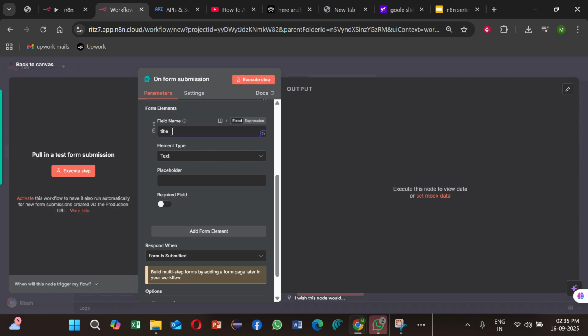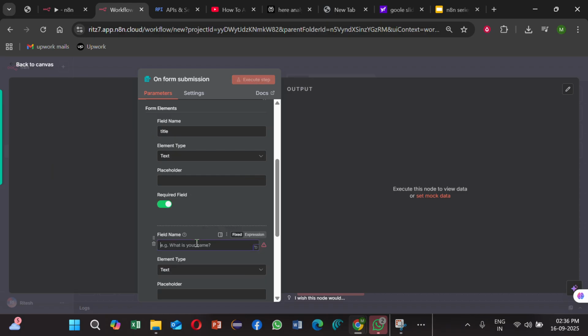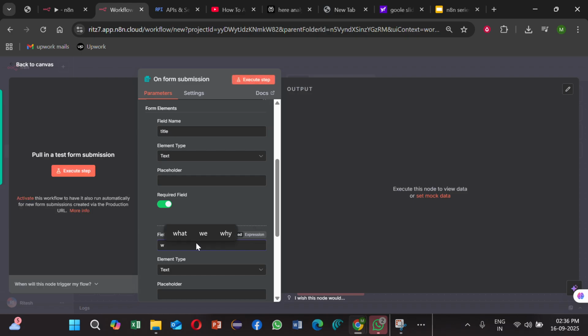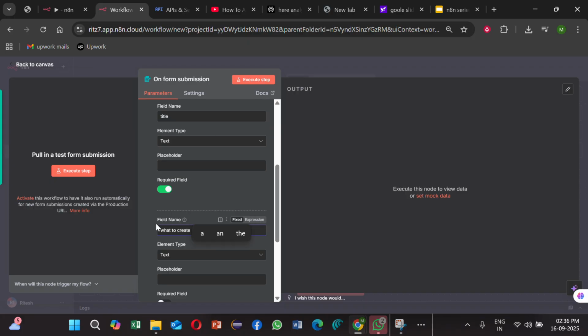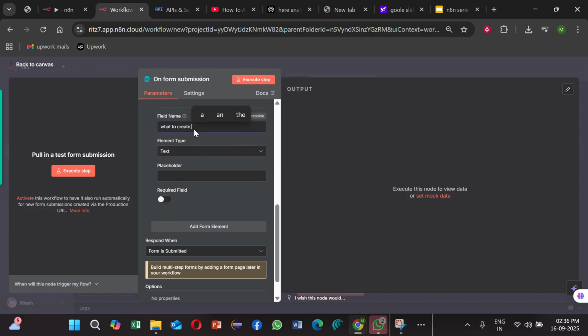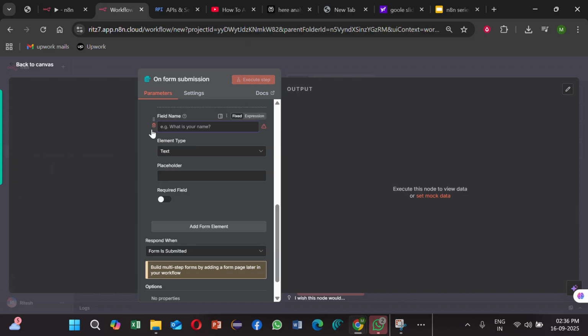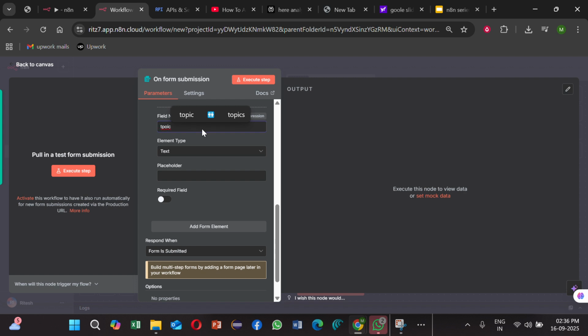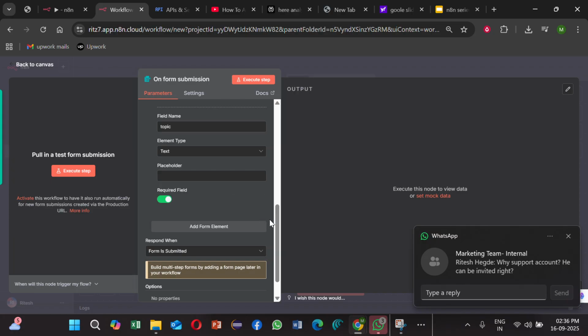One is title, which is a required field, and then what to create, basically the topic to create. Let's give it the label topic to be created, and we have a required field,